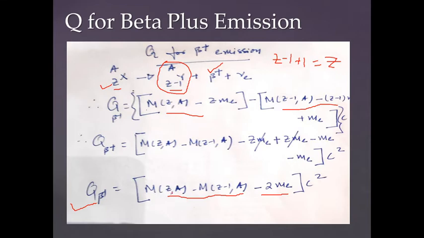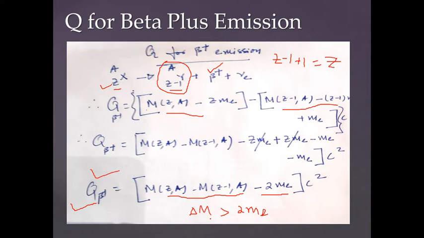Right. So here the answer lies here. The difference between parent mass and the daughter mass has to be greater than 2me. It has to be greater than the delta m, has to be greater than 2me. Right. If it is greater than 2me, then this is energetically possible, because you know it's all exothermic reaction. So exothermic reaction, there is no projectile here, it happens on its own. So it's an exothermic reaction here. So exothermic reactions, you know that the Q is always positive.